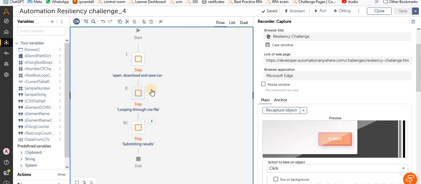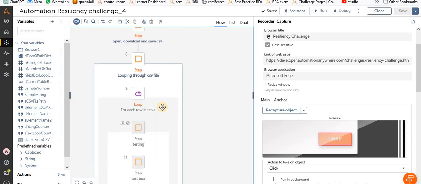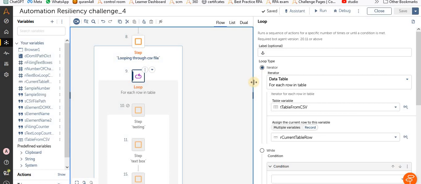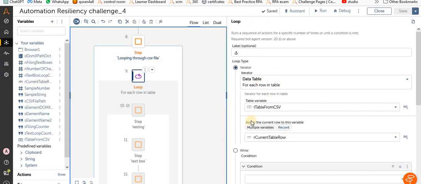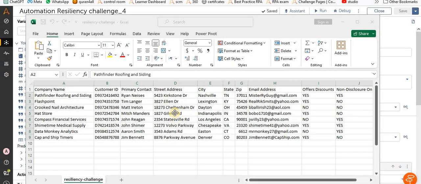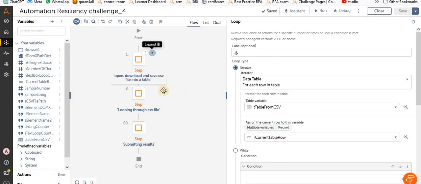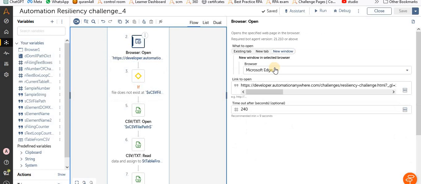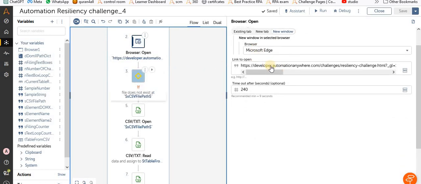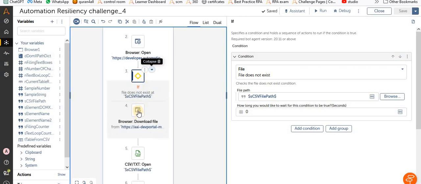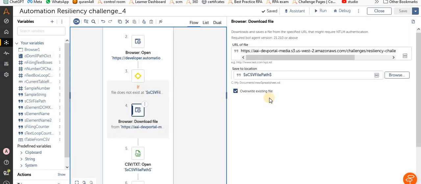But the second step has many steps. Let's grab it one by one. The first thing I need to do is make a big loop for each row in the table. Let's start from the first: the browser opens the challenge page. If the file doesn't exist, I will grab this capture again,